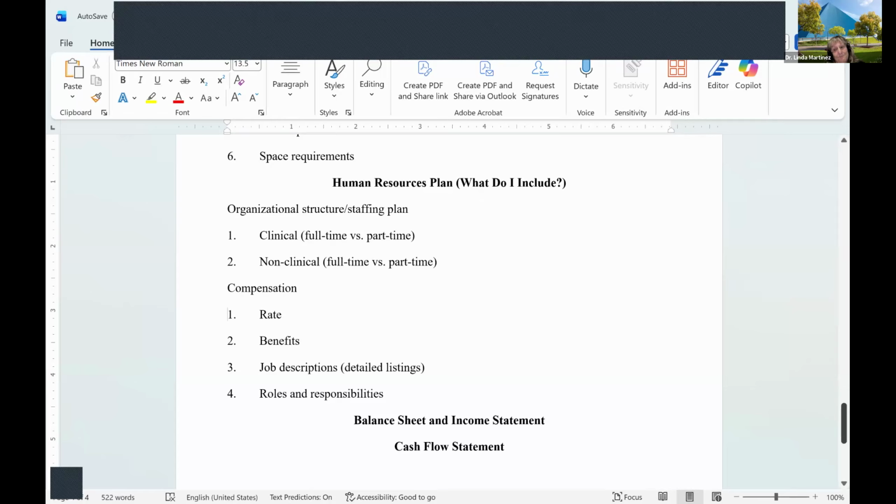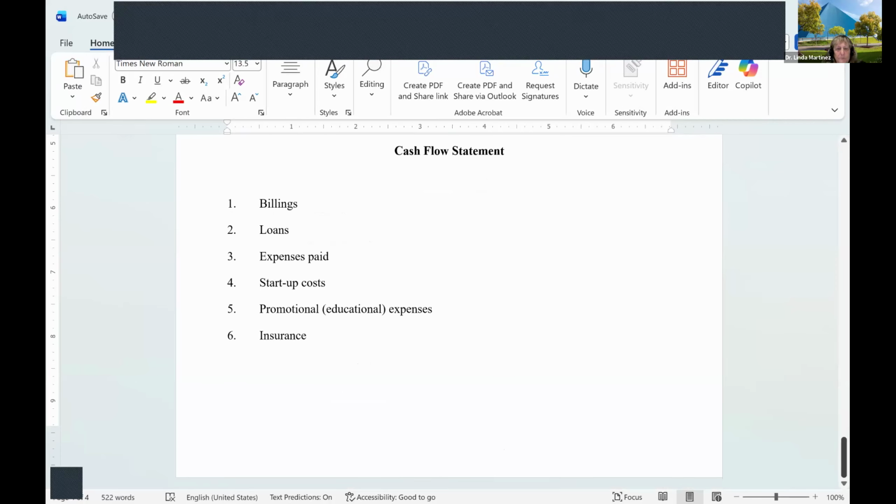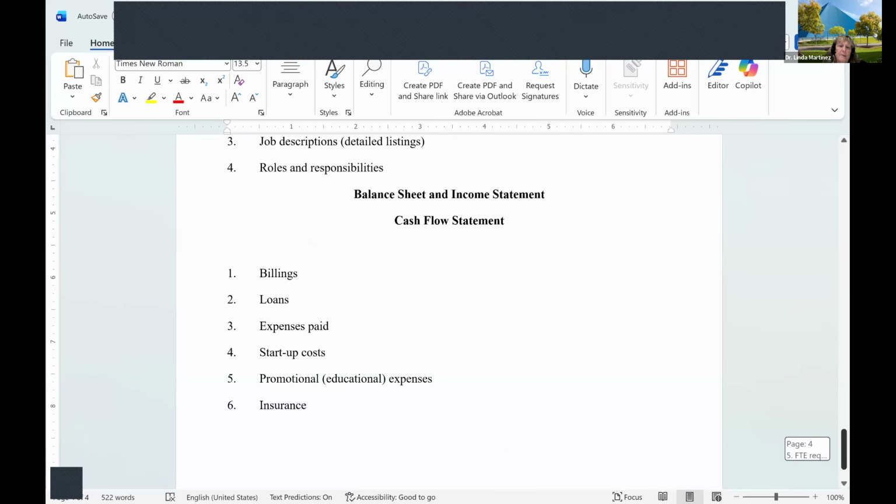And then finally, last thing, you're going to have a balance sheet and income statement. The way you're going to figure out the amounts of money that will go there is, for any publicly held company, their information is public record. So you can find it on the web.